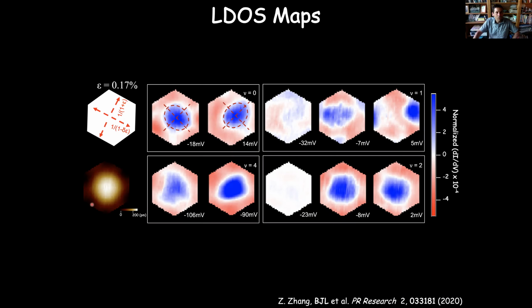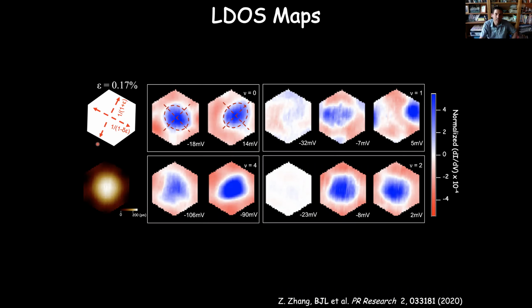The other thing to look at is the symmetries of this. This is the topography image down here, which is a nice uniform spot centered on the AA. And what you'll notice is that these are oval shapes. This one and this one are perpendicular to each other, and they have major and minor axes which don't match up at all with the strain in our sample. So this is some other symmetry breaking coming into the sample. It may be a charge density wave type state that's forming, or something of that type.